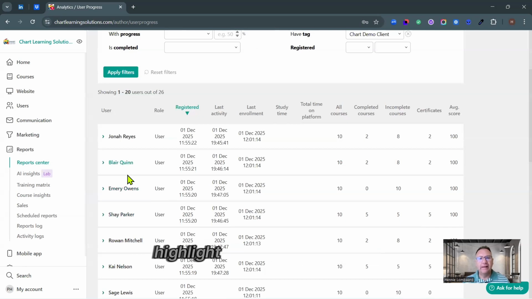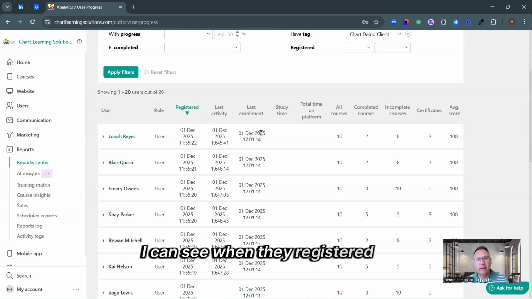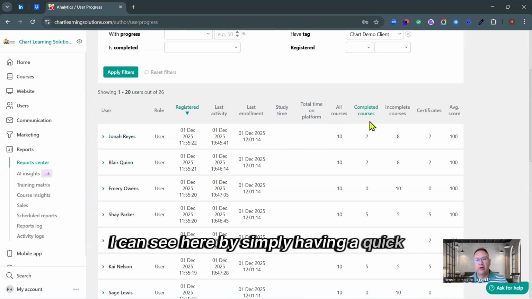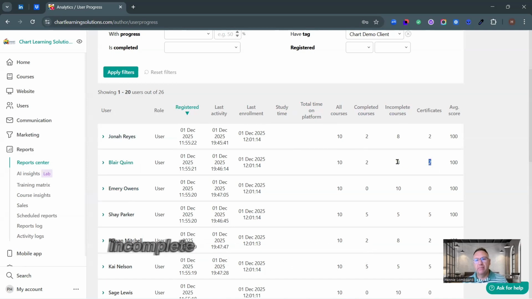So I'm going to highlight a couple of names that we're going to work with in this. So Blair Quinn, I can see when they registered, when was their last activity. You will be able to see their study time and total time on the platform. I can see here by simply having a quick look, assigned 10 courses, completed 2, got 2 certificates, incomplete is